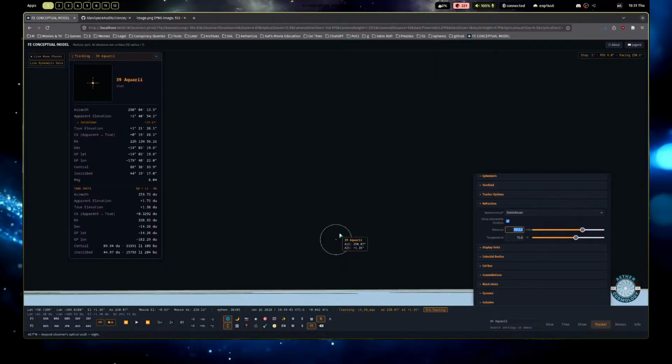As the elevation gets closer to the horizon, the circle gets bigger because there's more refraction. So you can see the angular difference in position between true position and apparent position,